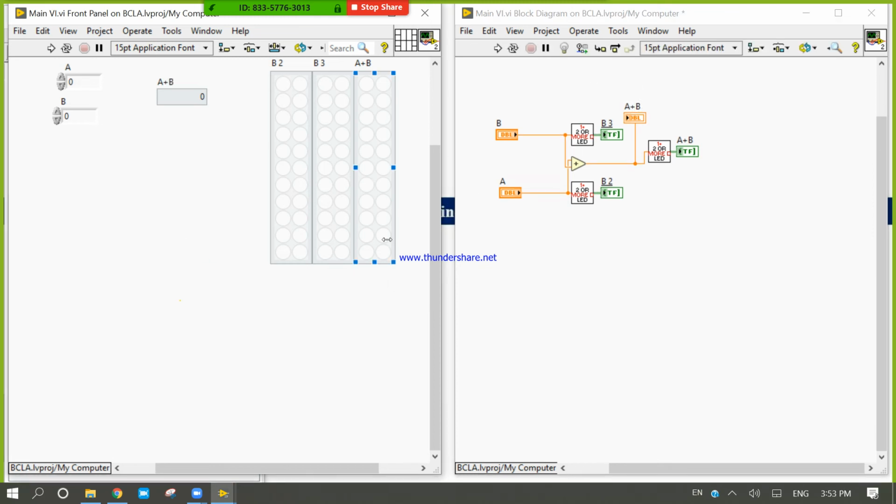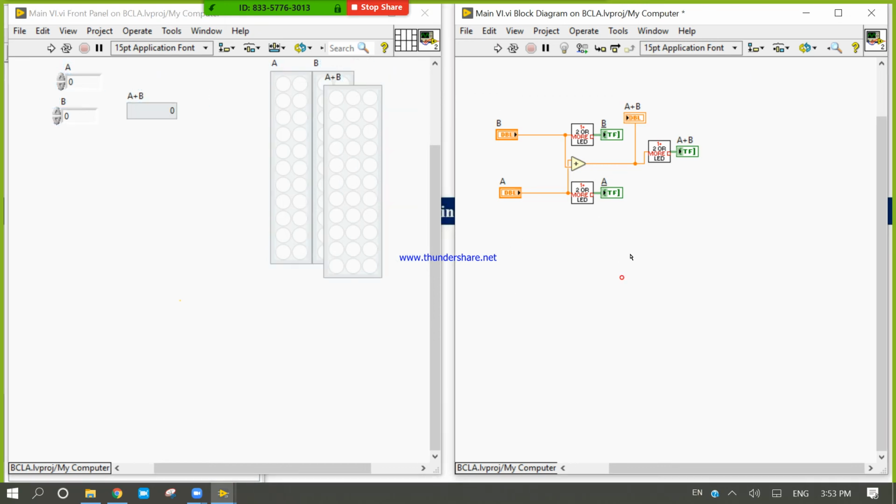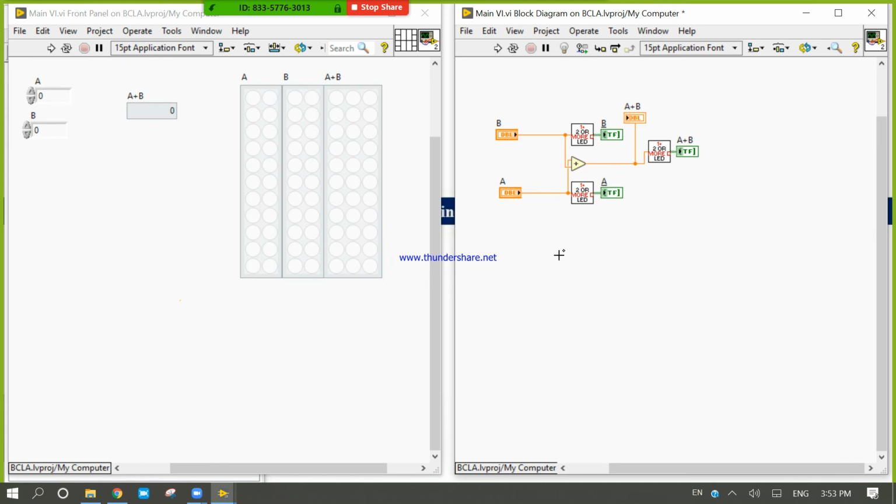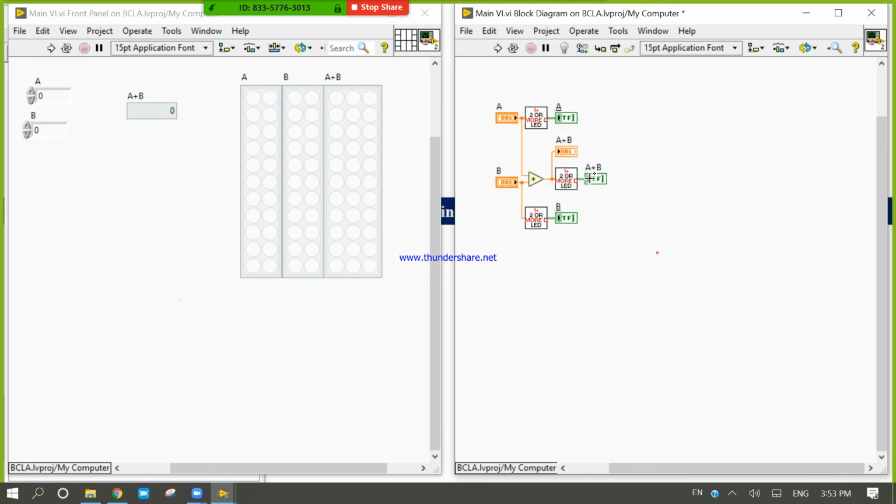So for that B. It is only a B. It is an A. And it's two and more than two digits. So we can design this program for the addition of one digit and then two and more than two digits. And again I will select all these things. Control A, Control U, and Control A. Again I will select. I will come to edit, create sub VI. Again now I am going to create a sub VI.